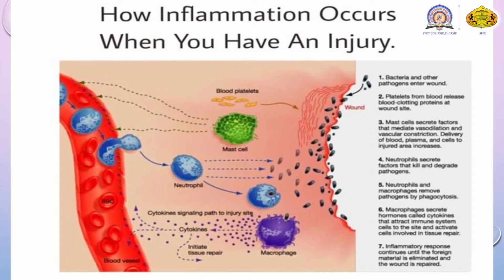They leave the blood circulation, meaning the blood capillaries flowing in that area, they ooze out and wander from the blood capillary and gather toward the area of injury, forming a protective barricade around the injury so that they don't allow the microorganisms to progress further. Especially macrophages, which are non-specific in nature, immediately catch them, carry out phagocytosis and intracellular digestion. Due to that, no further progress of the infection takes place.